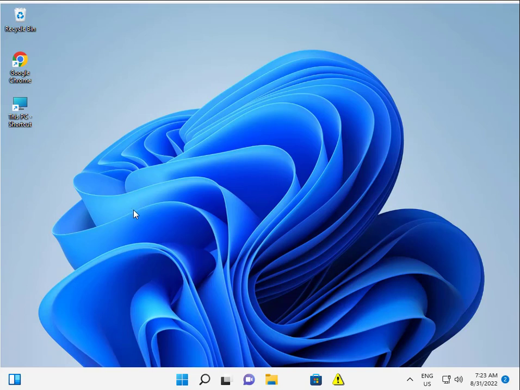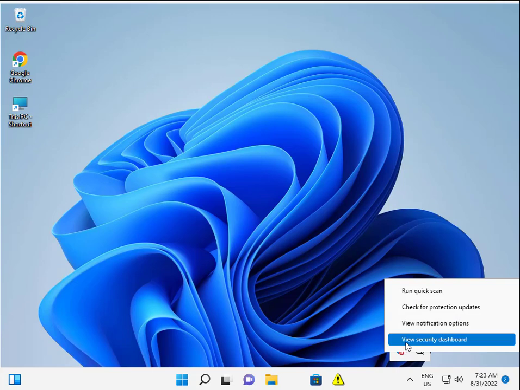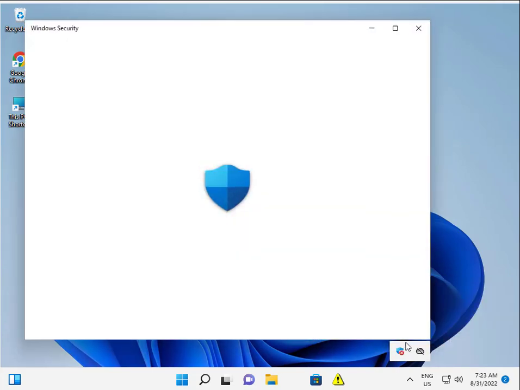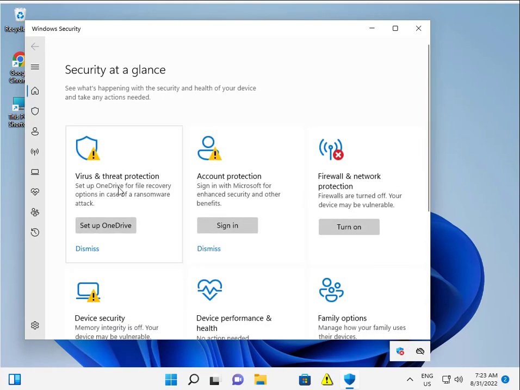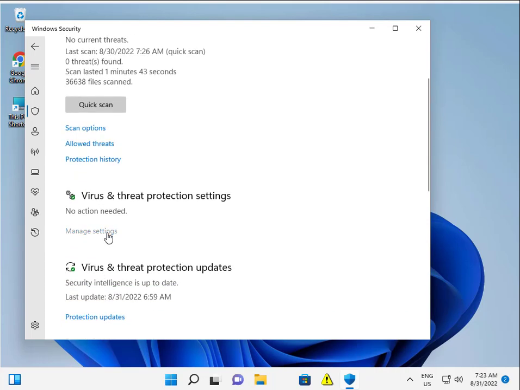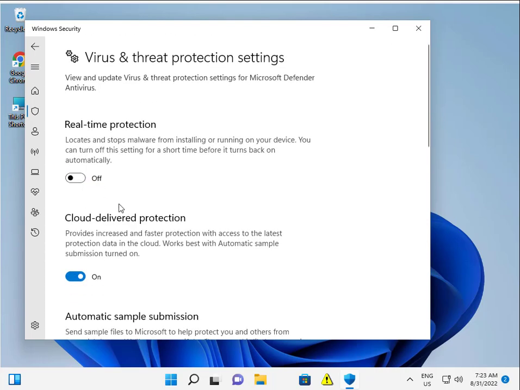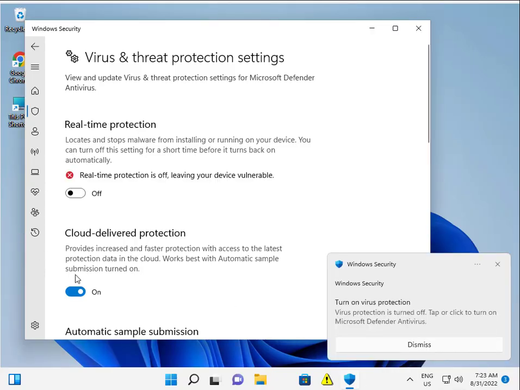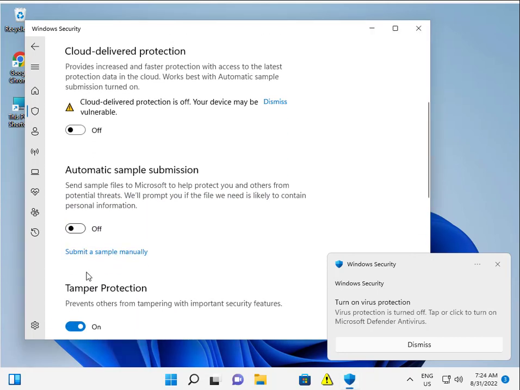KB5016691 is not installing, so how to fix this issue step by step. Firstly, guys, you disable your third-party antivirus and your Windows Defender also. When third-party antivirus is blocking some updates, close all protections, real-time and cloud-delivered protection. So all protection you can disable, and tamper